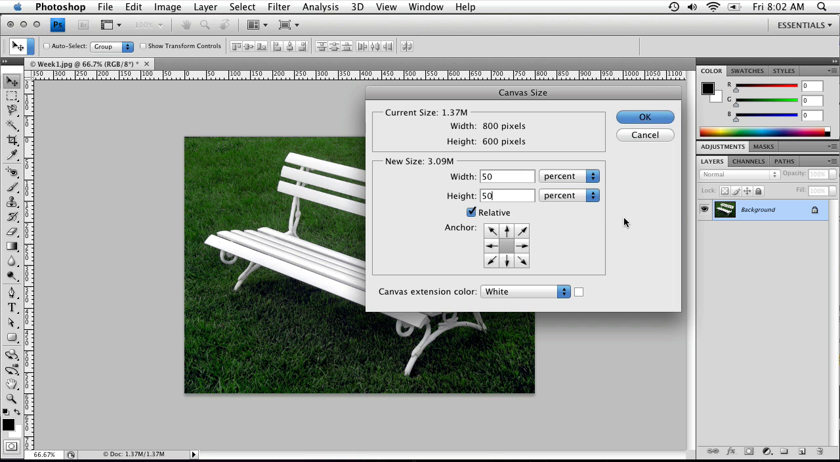We also need to choose our anchor point. If we want our image in the top left corner, we would click the top left anchor point. If we want it in the bottom right corner, we would click on the bottom right anchor point, which means it's going to increase our canvas size by 50% on the left and 50% above. If we choose to have the anchor point in the middle, it will increase the canvas size by 25% on every side. So we're going to go ahead for this example and choose the top left anchor point and then